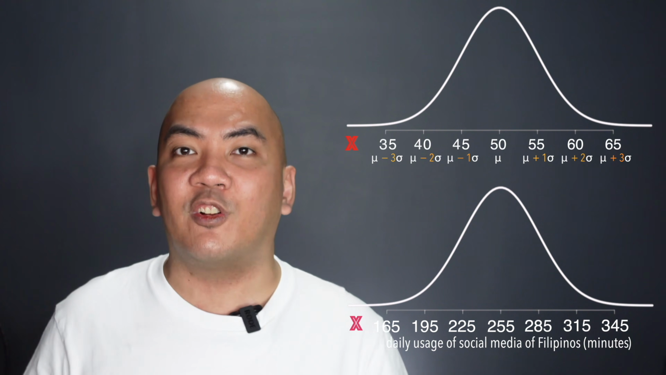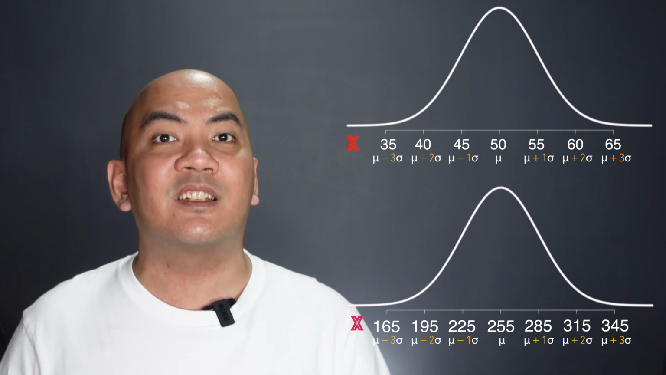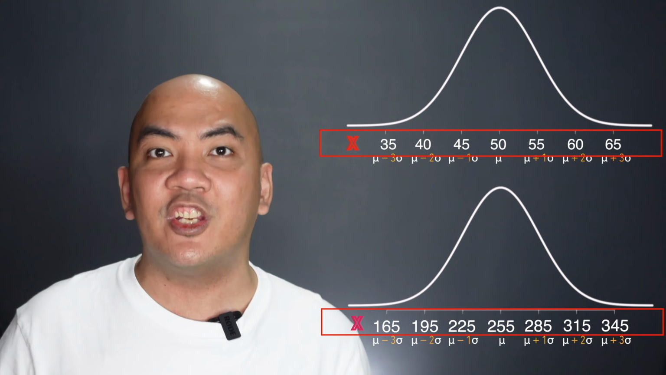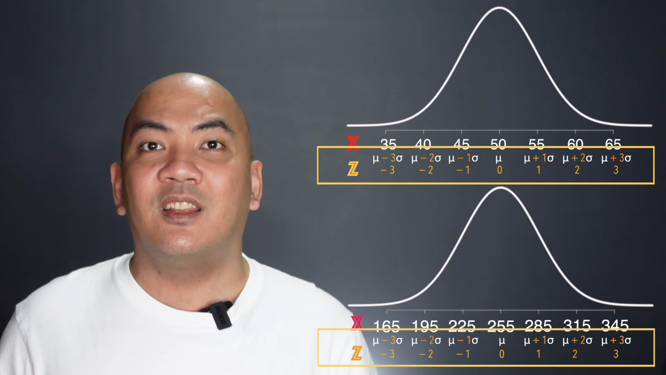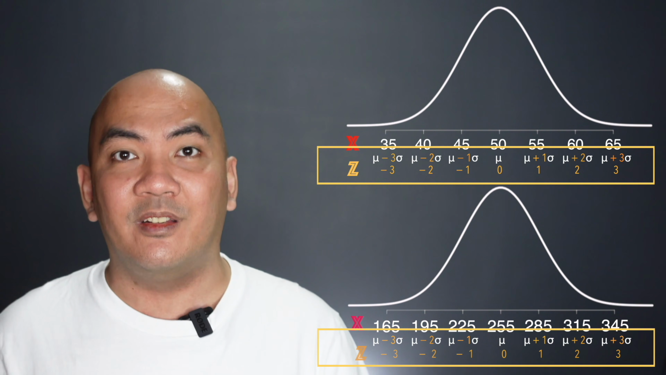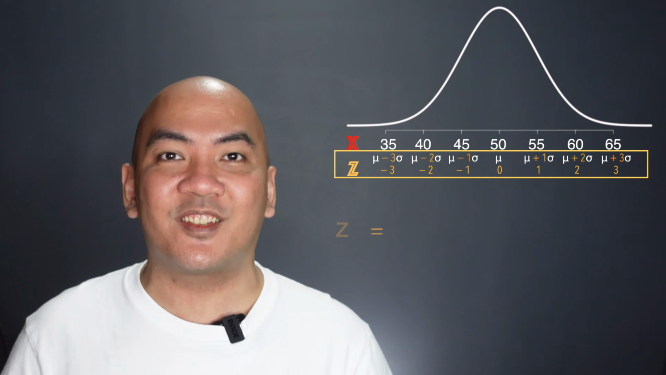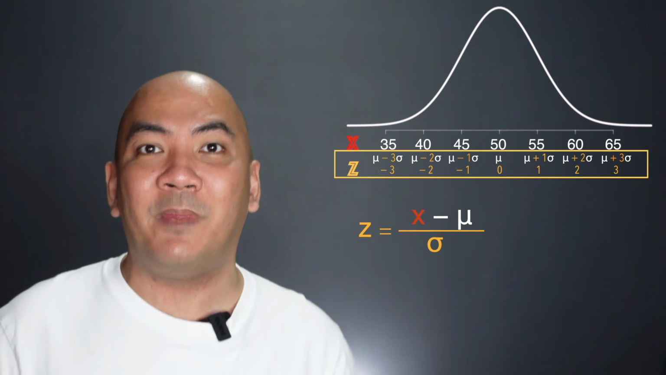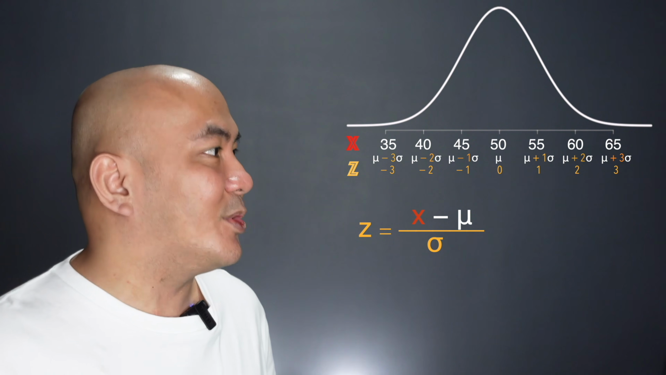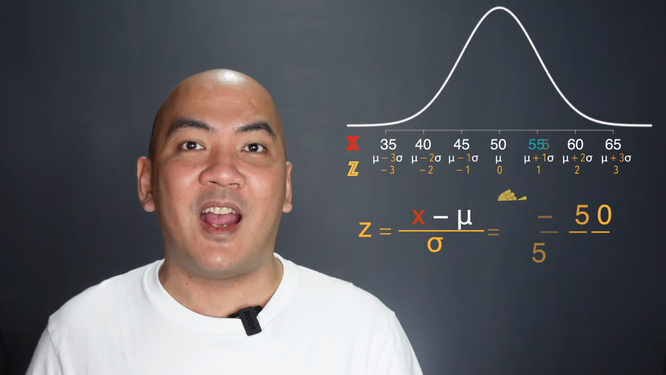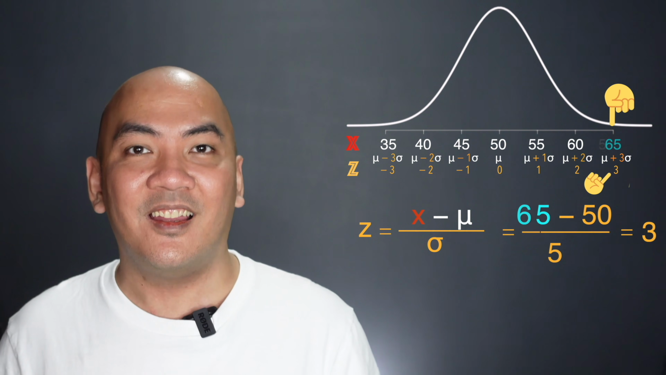Thus, regardless of the unit of measurement, any random variable x that is normally distributed may be illustrated in this form, where x is its original scale, and z represents the number of standard deviations that is added or subtracted from the mean. That is, the standardized score z is computed as x minus the mean all over the standard deviation. That is why for this distribution, x as 55 has a standardized score of 1, 65 as 3, and